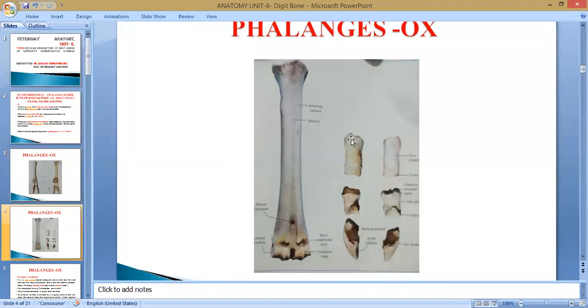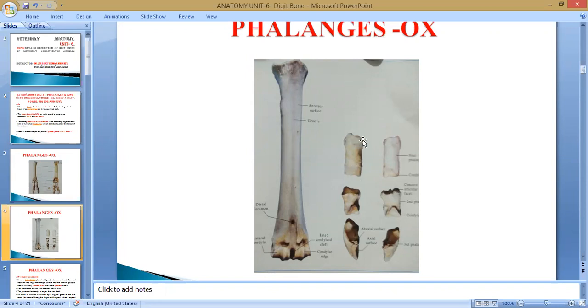For description's point of view, it is not an irregular bone, not a short bone, not a long bone, but it is considered for description as a small bone, with two extremities. This is the proximal extremity and this is the distal extremity. We have already discussed that we have no bone that is long in shape. It contains two extremities, proximal and distal, and the middle one is known as the shaft. So this is the proximal, this is the distal.